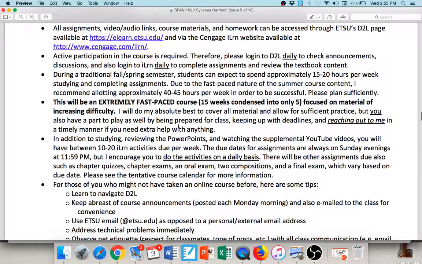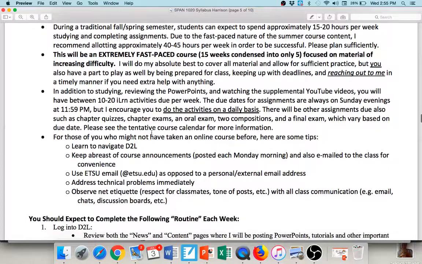Going back to the syllabus real quick, I would recommend devoting around 40 hours a week to doing well in the class. Now that includes time to read the chapter, watch the YouTube videos, do all the textbook and ESAM assignments, read all the supplemental material, do the quizzes and the test, give you time for that composition. It's everything all built in, okay? So now that's just an estimate. You may be able to do it in more time, you may be able to do it in less time. It just depends on the person, but I would say that's a good general guide for a summer course. And those of you guys who are with me in Spanish 1 generally agree that that is the case.